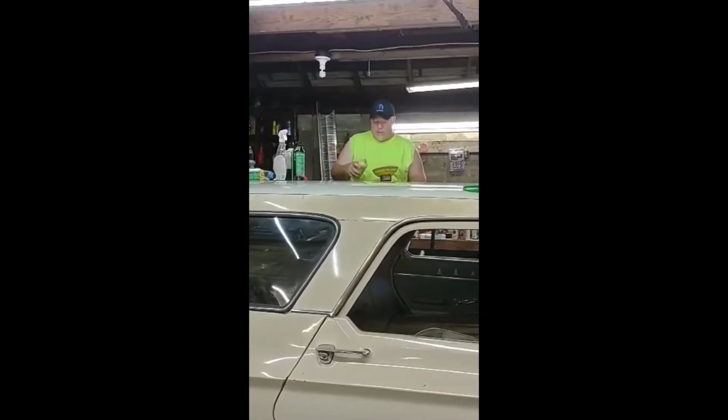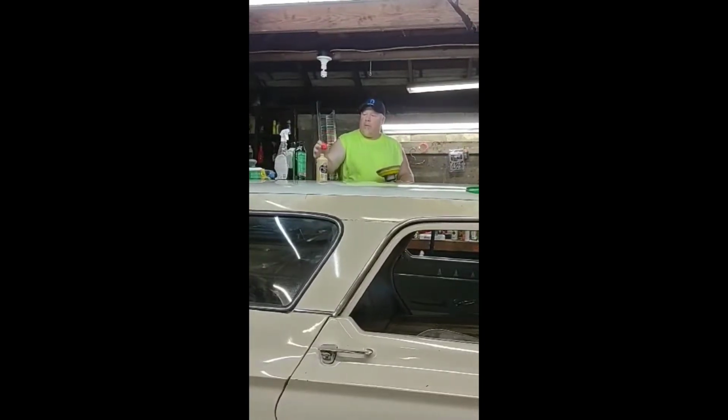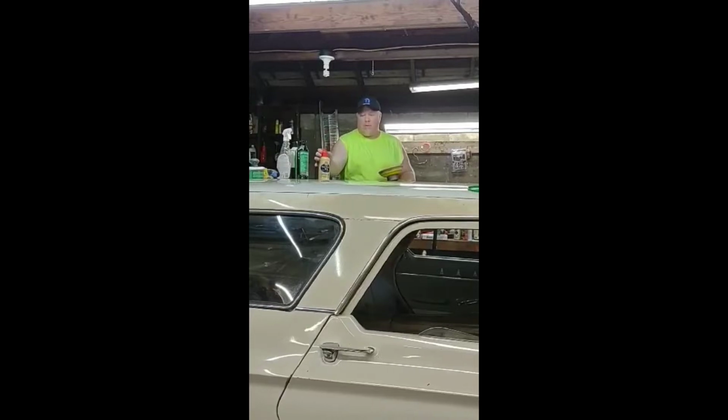I don't like how this stuff comes out of these bottles. It's got a little tip on it, but it don't come out of it right. It's supposed to squirt out, but